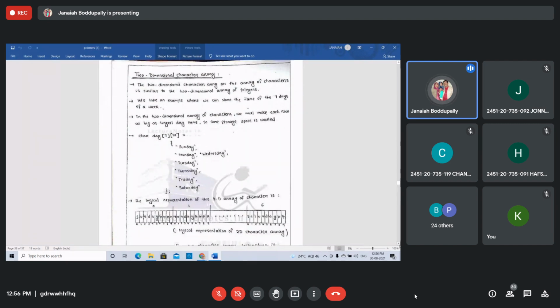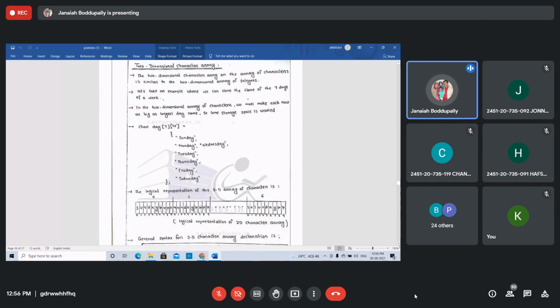The 2-dimensional character array, or array of strings, is similar to the 2-dimensional array of integers we discussed. Now how do 2-dimensional arrays hold pointers? Let us take an example where we store the names of the 7 days of a week. In a 2-dimensional array of characters, we must fix the size of each string.